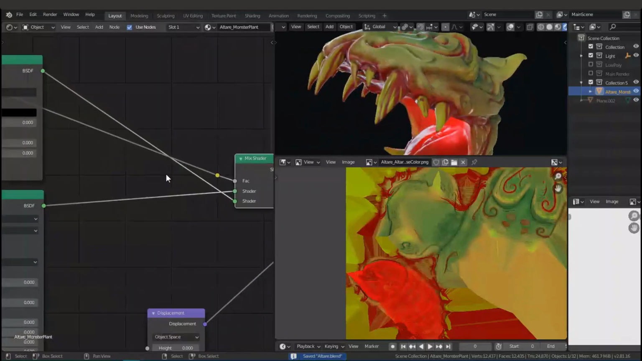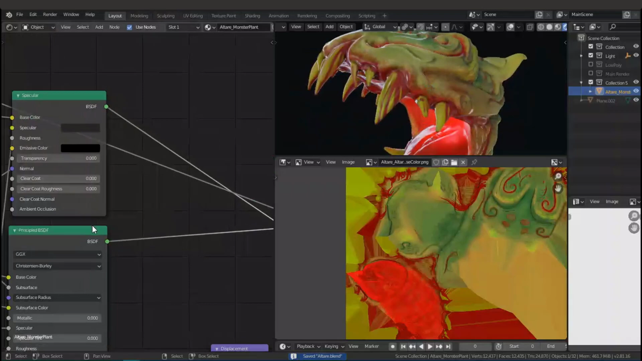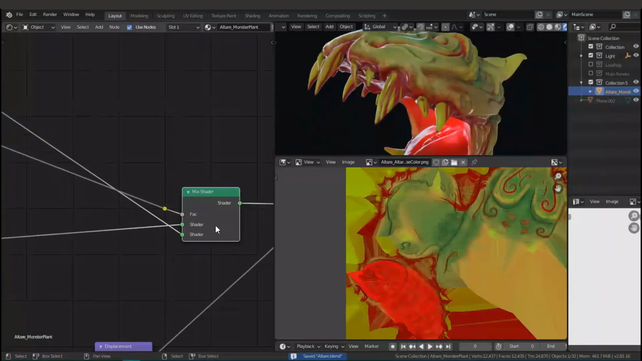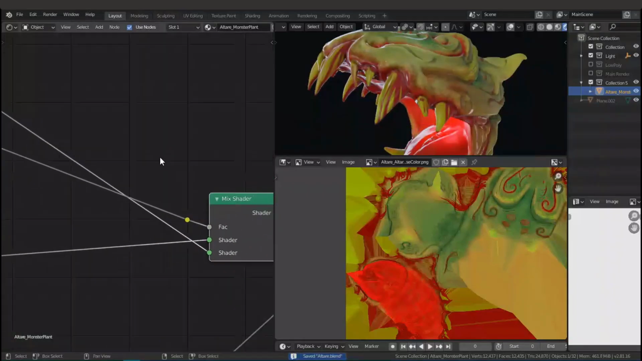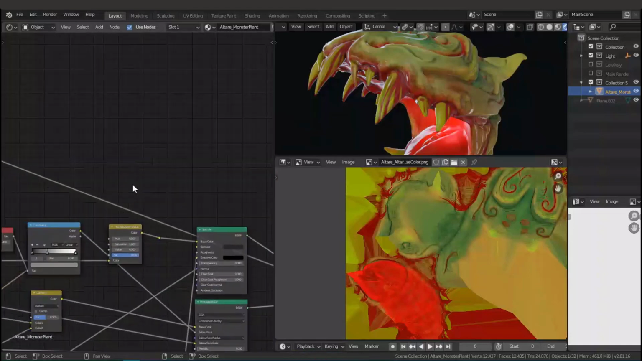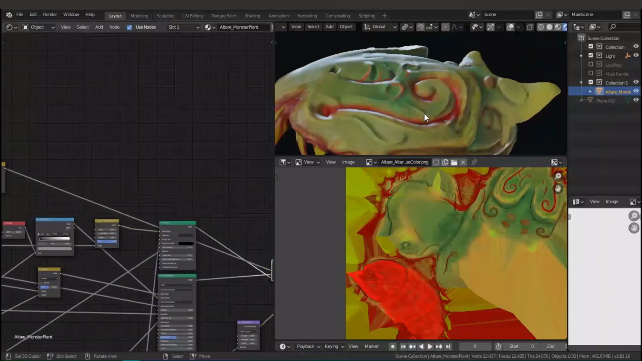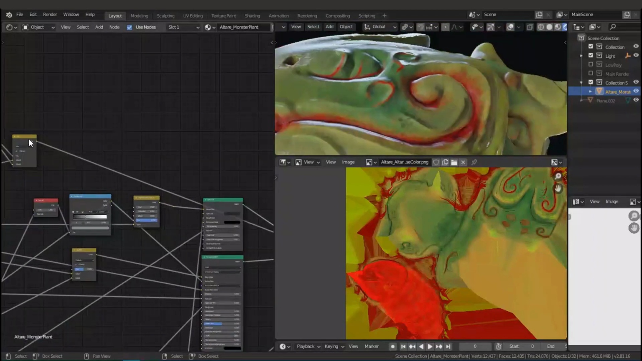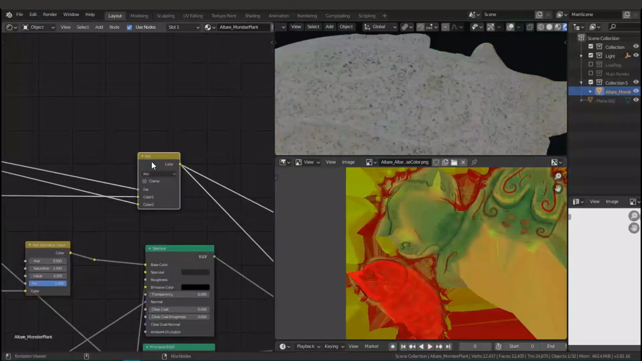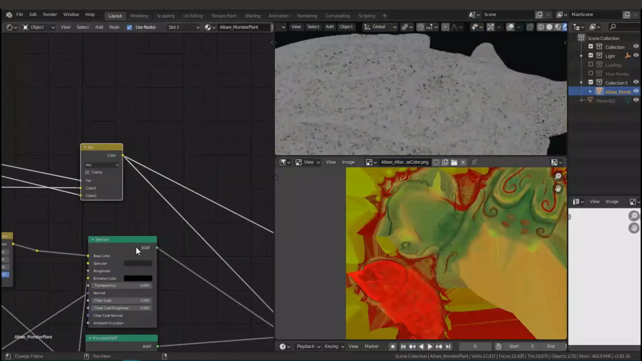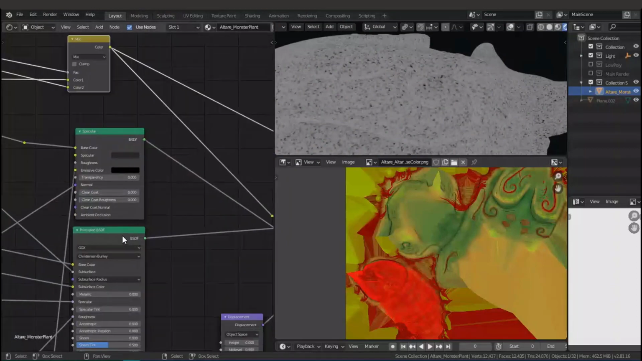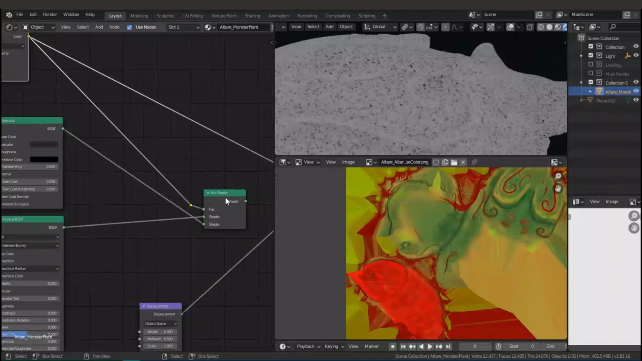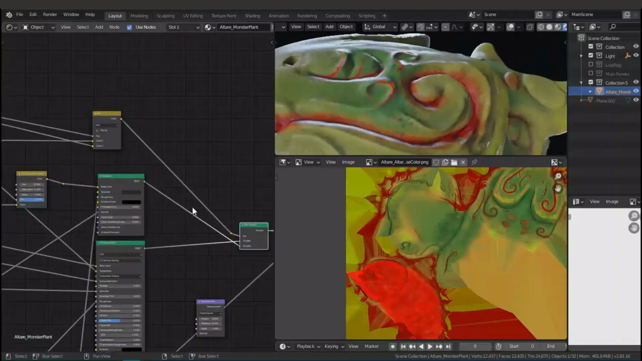Because we mix these two shaders, the specular shader and the Principled BSDF shader, we use a factor. Let's watch this first. We will get the white: more white value will get the specular shader, and more dark value will get the Principled BSDF shader, because we use this as the mix shader factor. Okay,